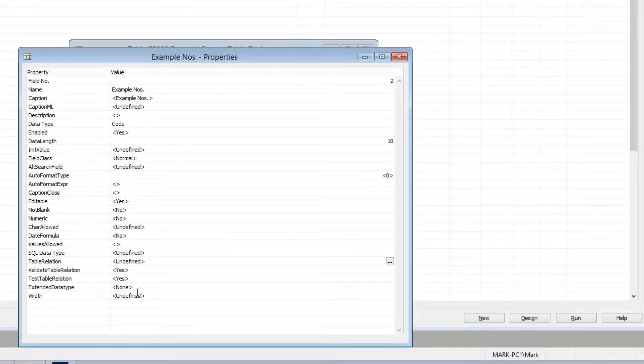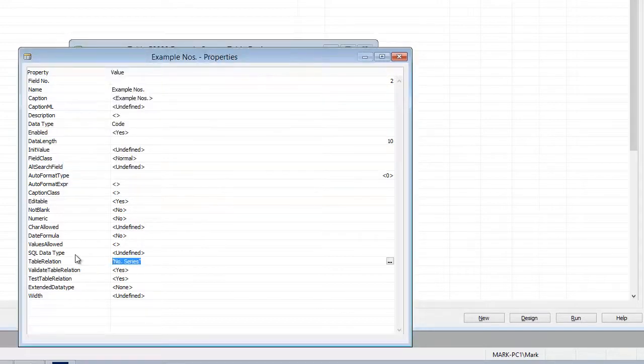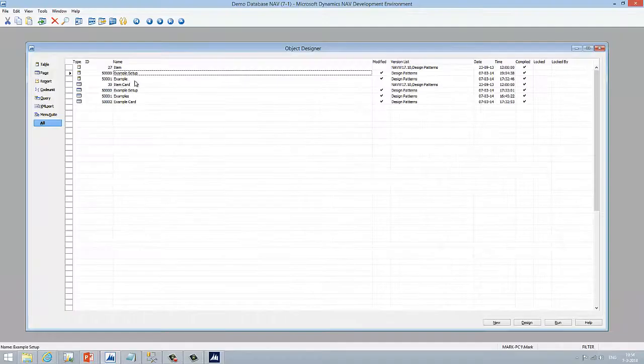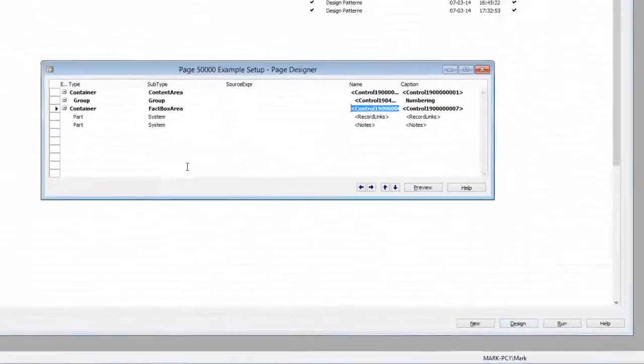For end users to be able to specify number series, we need to specify a table relation. We can select the table from the list, or we can simply type the number for the number series table, which we saw on the previous slide, and press OK, and the table relation is set. The next step is to move the field to the setup,